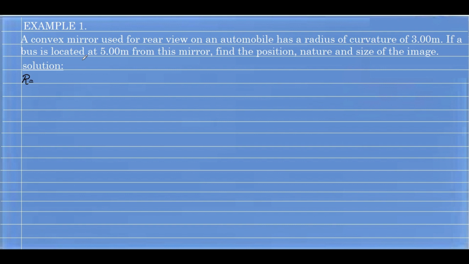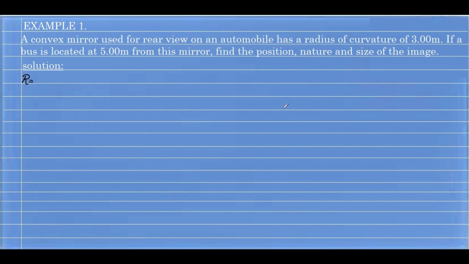So before solving the question, we need to know the sign convention. Sign convention means, in physics, it is not the usual way of doing the problems. We have to consider the negative and positive sign according to the image and the object distance and the height of the image and the object.